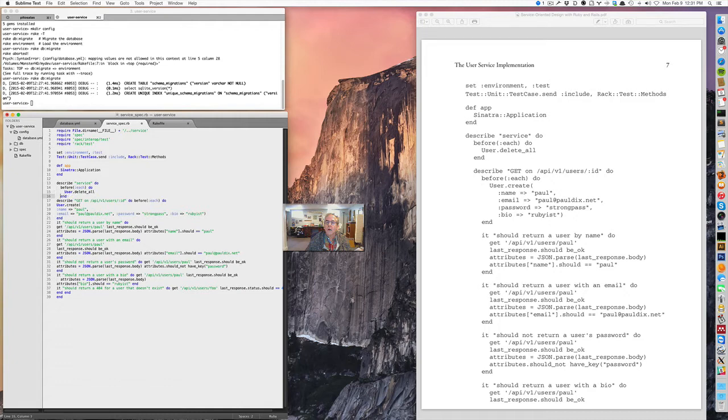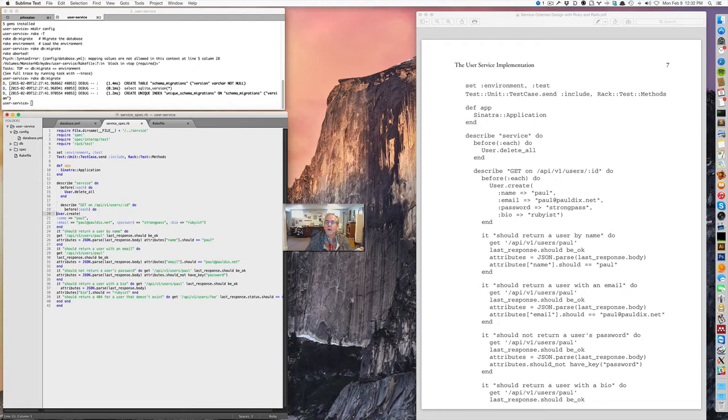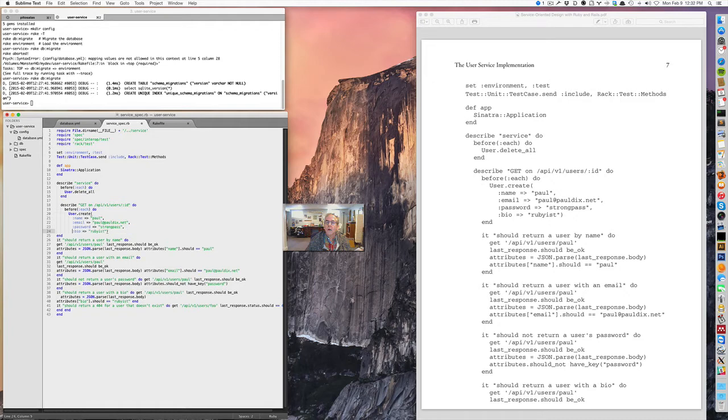Now remember, because we're running in the mode test, as you see in line 6, the data in the database, the user records, are all for testing purposes, so this is just deleting the leftovers from the last time you ran the test. Okay? So the first test is going to attempt to do a get on a certain URL, API v1 users :id, and I'll get into that in a second. And it says, before you run that test, please create a user called Paul with an email, a password like that, and a bio like that,